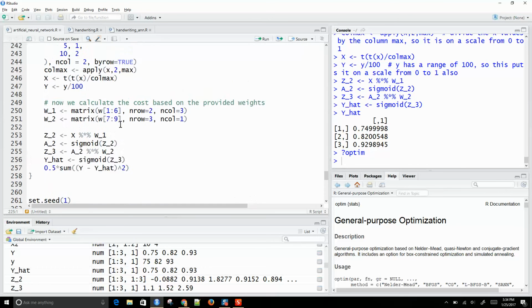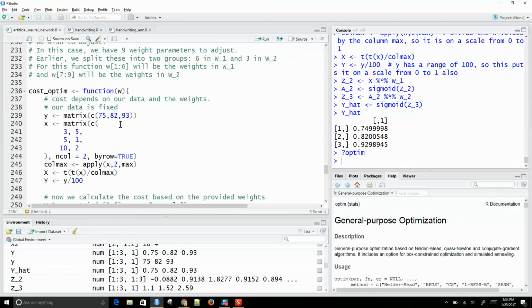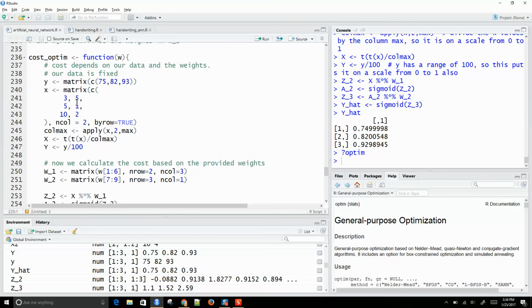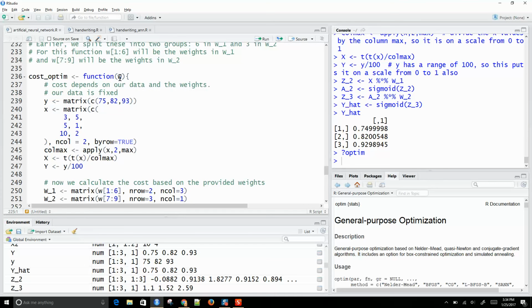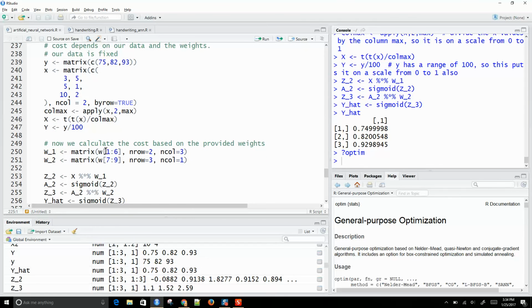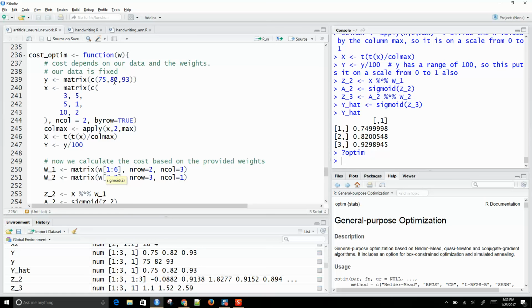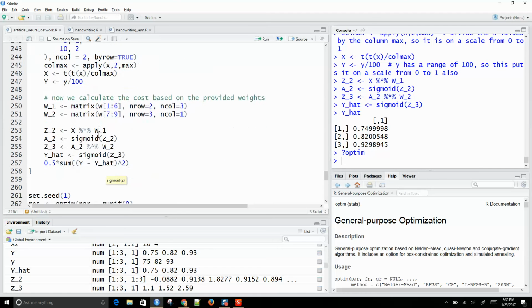And so what I have to do is, currently our parameters exist in two matrices, right? We've got a list of 9 parameters, but 6 of them are in weight matrix 1, 3 of them are in weight matrix 2, okay? So as far as the function that we want to optimize, we can just give it just one set of parameters, W, but then I'm going to have to say the first 6 go to weight matrix 1, and then the last 3 go to weight matrix 2, okay? So this is just a way to say, give me a set of values. Here there's going to be 9 W values, and then what it returns is going to be the cost associated